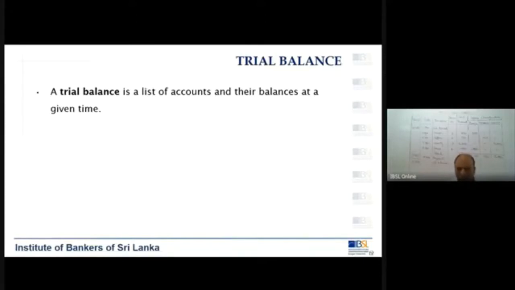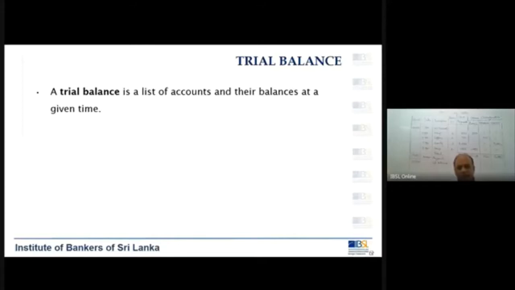So you know how to balance it. You will total the left side, you will total the right side, you will look at which side is more, that total you will write it at the bottom, and then you will look at what is the balancing figure. That balancing figure, you will put a double entry to see that that will be the carried forward balance. Now those balances you will now have to extract into a list. You will have all the accounts listed and the balances on the other side.